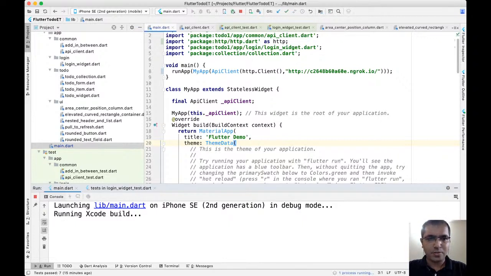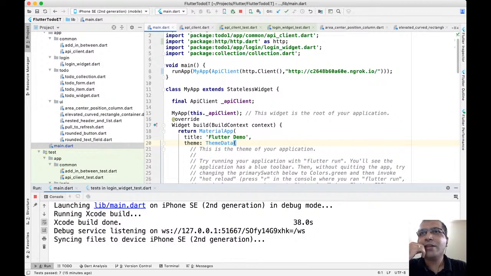Yep, it's running the Xcode build. And one way to really test whether we have connected, since we are actually connecting to the API, the authentication and everything should work fine. But one interesting way to really make sure that we have connected to an endpoint beyond our machine is we will start the application again, and it should hold the data for us. All our previous to-dos should appear to us.